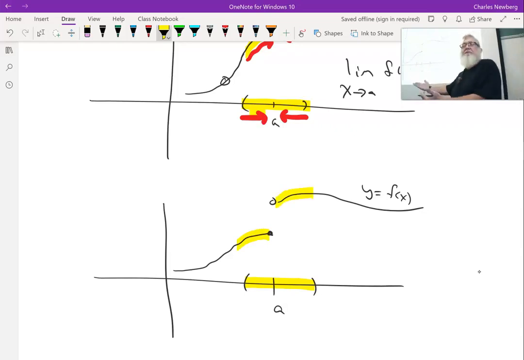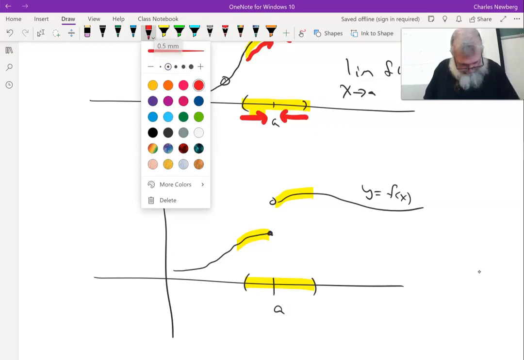Yeah, everyone has a point, right? I take this x right here, it has a point up there. It has a y coordinate. Okay, as we go into A,